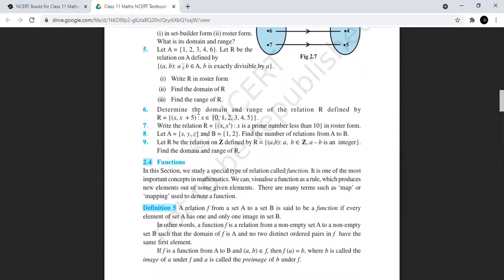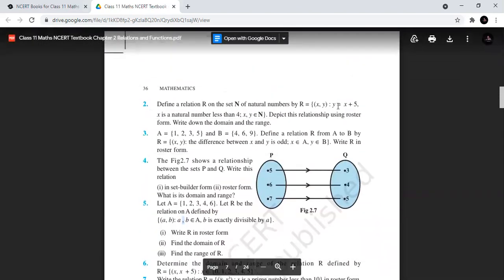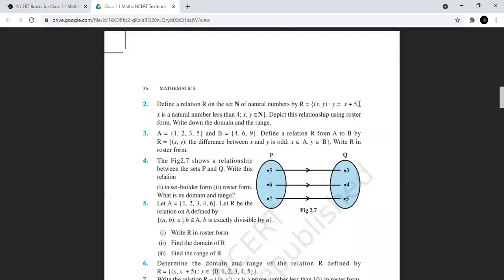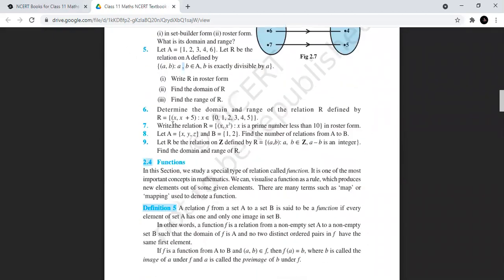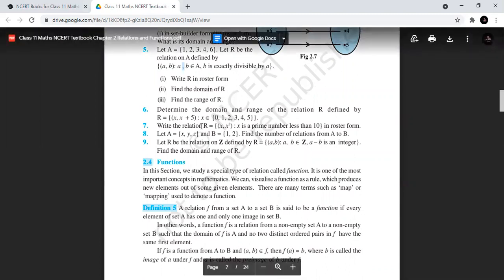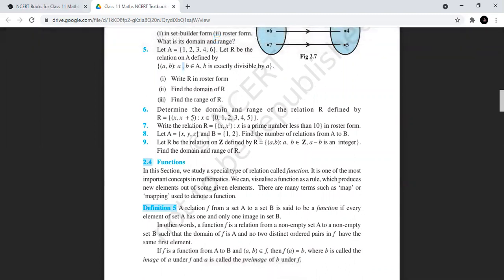Next is your sixth one, which says: determine the domain and range of the relation R, which is defined as (X, Y). Instead of Y, they have written the definition of Y. Y would be X plus 5. This is another way of writing it in roster form. Like here, it was X comma Y and then Y was written as X plus 5. See, exactly, that's the relation. So here, in place of Y, they have written the definition, that Y would be X plus 5. So for that kind of relation, where X belongs to this set, keep putting the values of X one by one and keep finding the corresponding image. That is all you need to do.